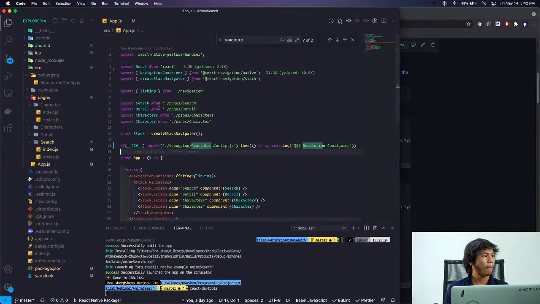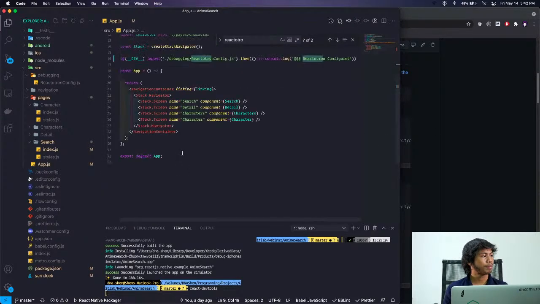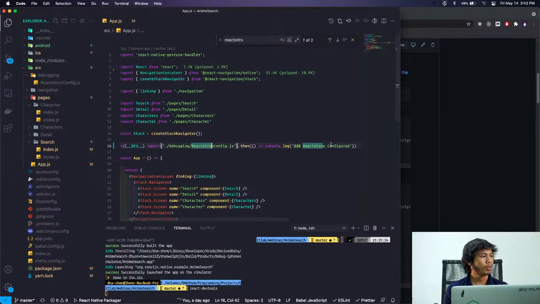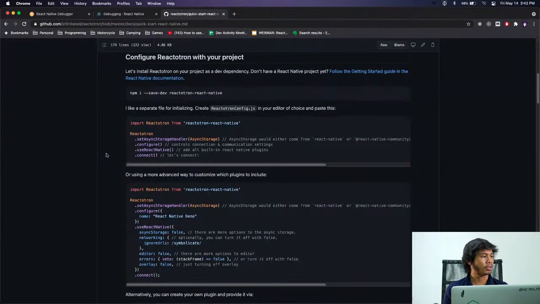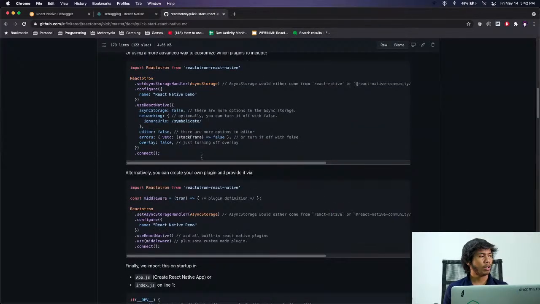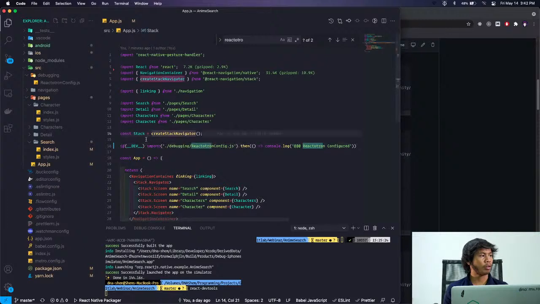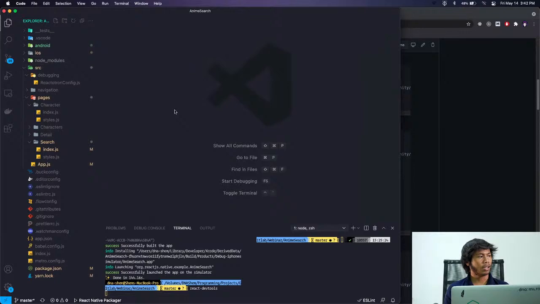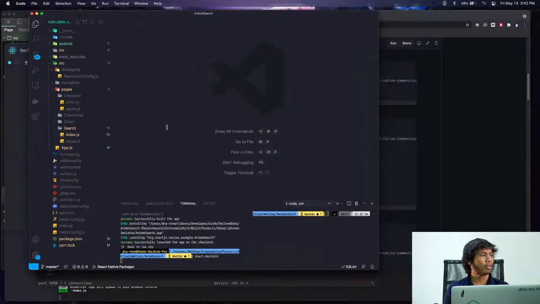Next is to import this one before the app. This is also a copy and paste from the documentation. So if you can read the documentation, there's no such thing as impossible. So that's for setting up Reactotron. It's very easy. So what are the other advantages? Its other advantages are